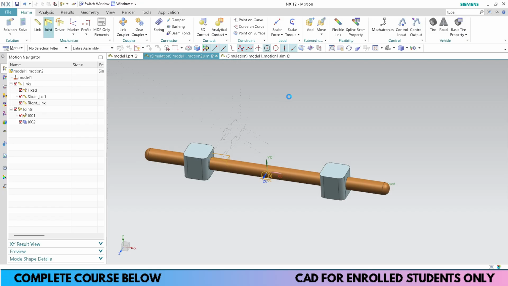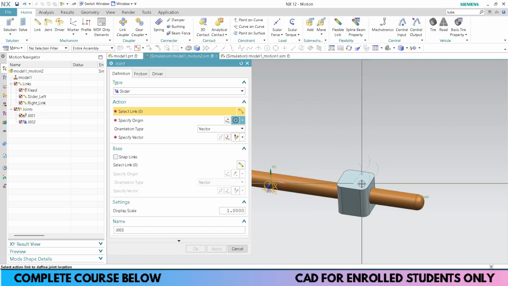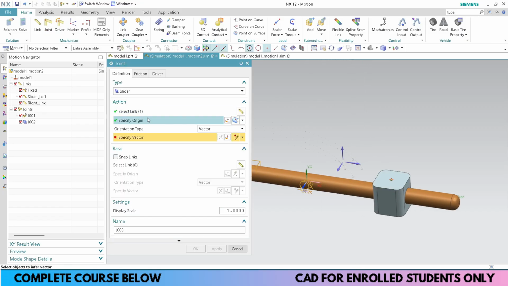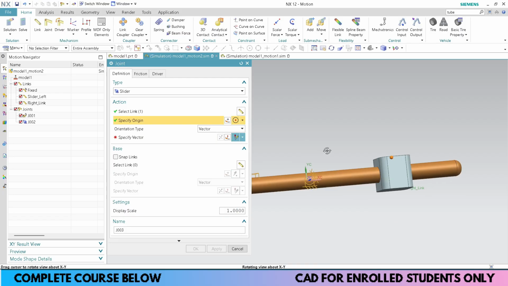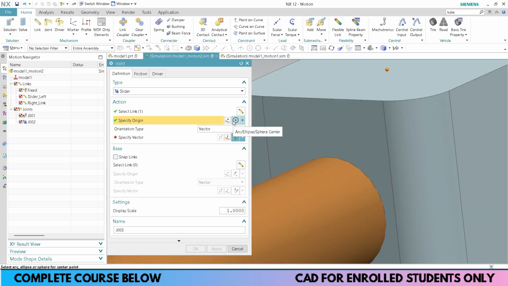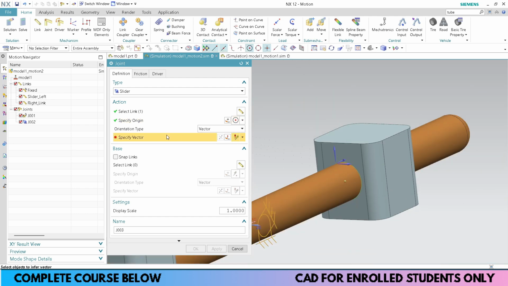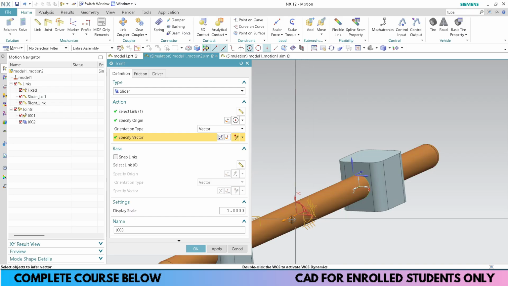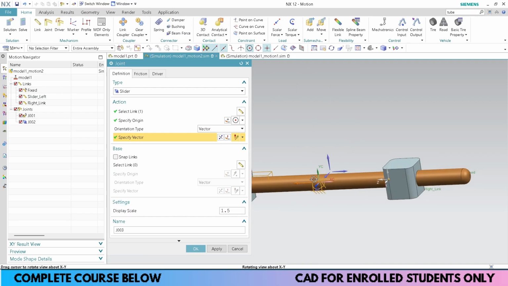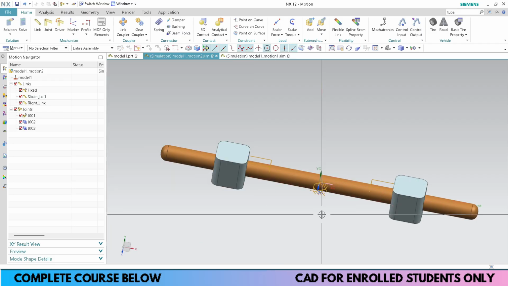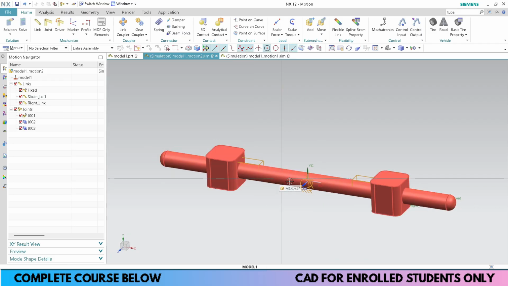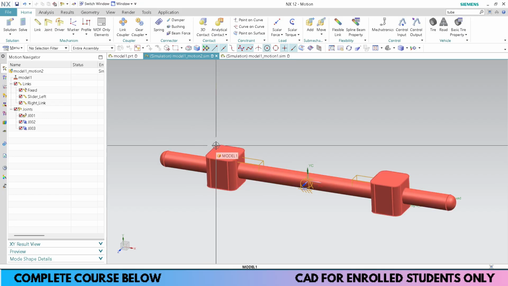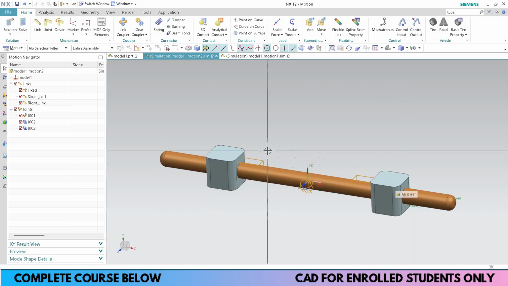Now go to the joint again, and this would be my this link. For origin, select the center of this face. Make sure you keep this option as the arc ellipse sphere center and select this one. The vector would be along this direction, right? This direction. And this is 1.5. I think we are good to go. Press OK. So I've created one link which is fixed, the other joint, slider joint, and this joint, right?